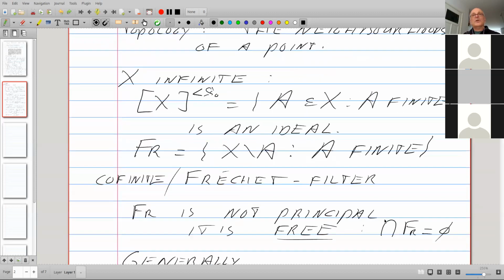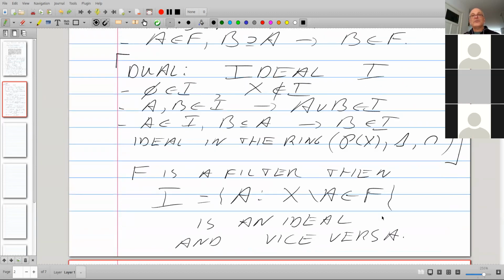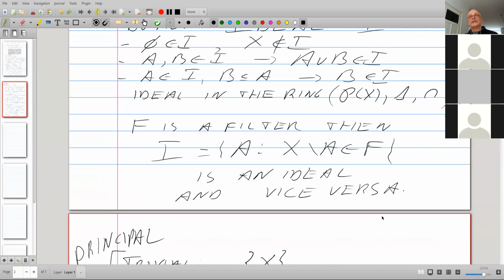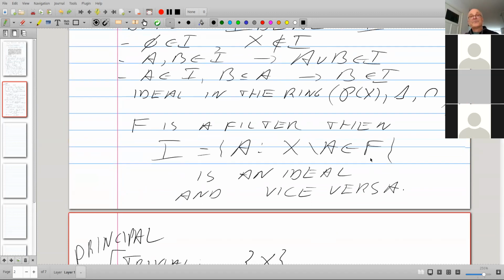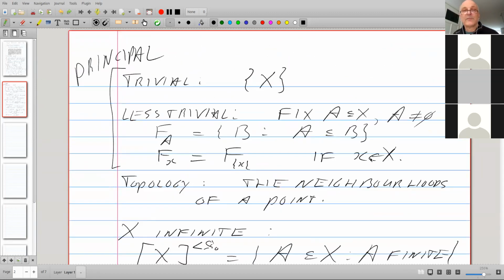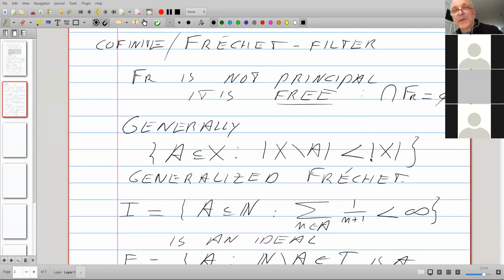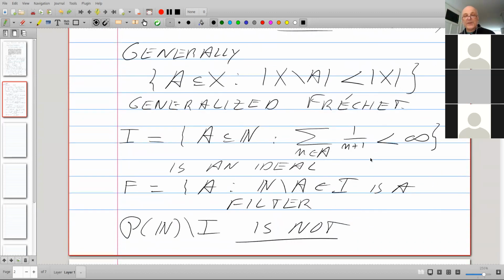When I said dual, and I had the relation between filters and ideals, keep in mind that when I have a filter, I look at the complements of the members of F, and conversely, when I start with an ideal, I take the complements of the members of I. What I don't do, and please remember that, is take the complement of F or the complement of I when I take the dual thing.